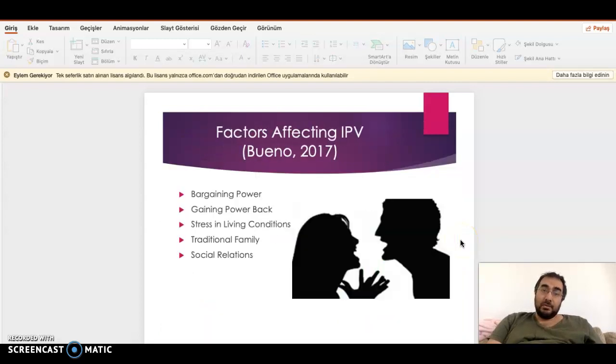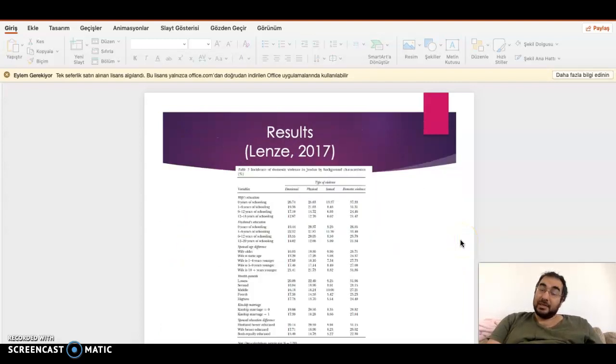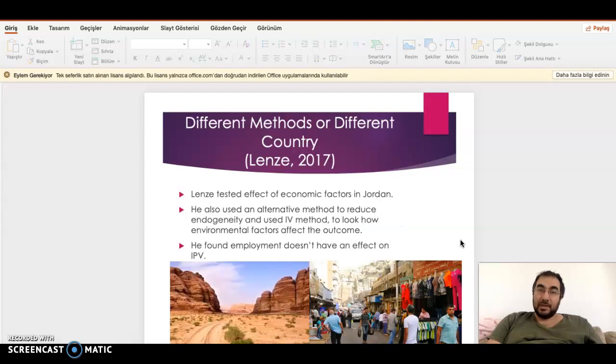So now we can move to the second article. We are actually moving slower than I expected, but that's okay. So we might have more than 6 parts maybe. Our next article is on Jordan,